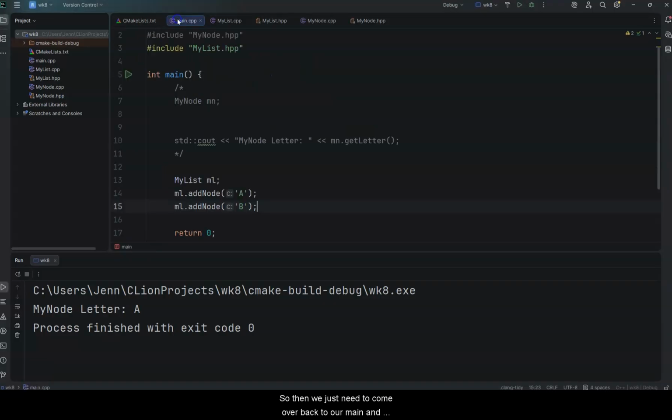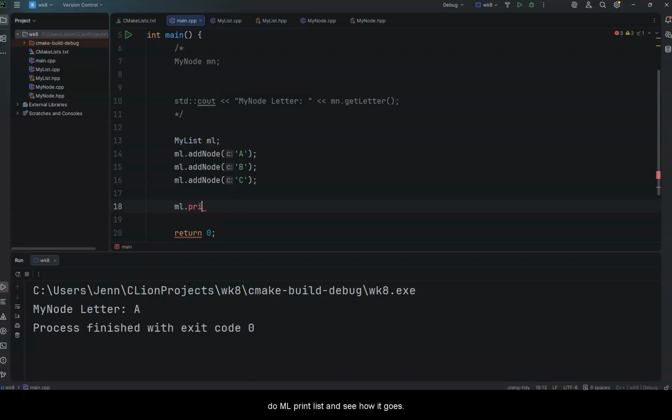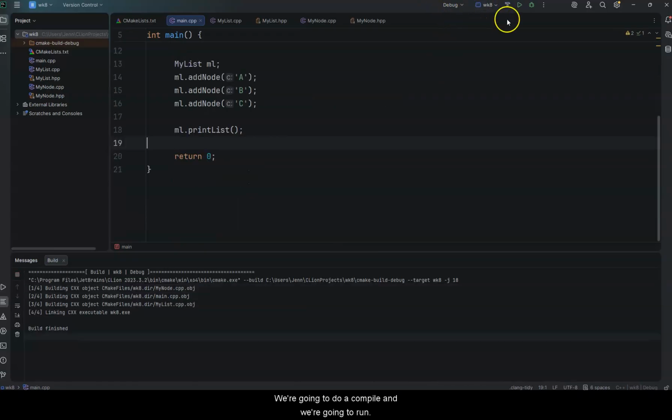So then we just need to come over back to our main, and just so we can see all of them, we'll do another one, add node C, and then we're just going to do ml print list and see how it goes. So we're going to do a compile, and we're going to run,